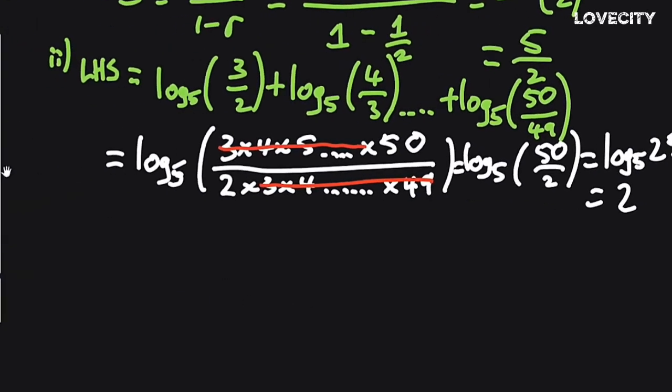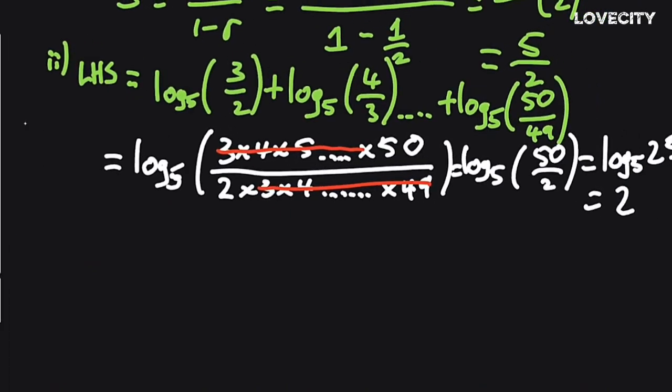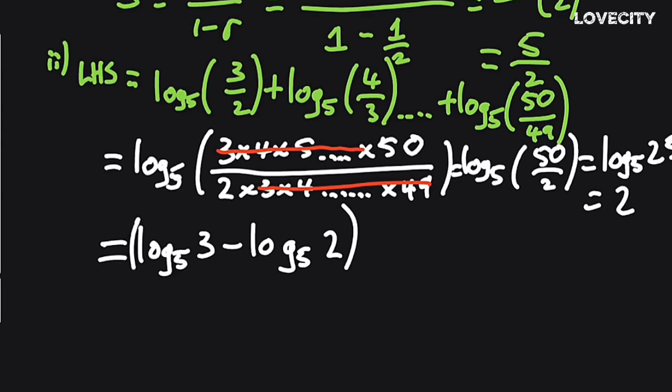Now what about the subtraction one? This one I think is more logical than this. The subtraction one, we have log 5 of 3 minus log 5 of 2. And if you're a further math student, you've probably seen this technique before. It's called